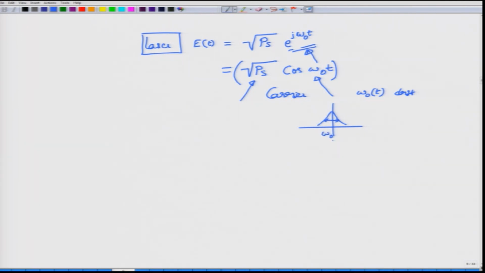In fact, there will be a small amount of skirt around this frequency omega 0, which will then cause a certain noise to appear. Noise, remember, is just another function, but that function is non-deterministic or random in nature. So, that noise would appear here as what is called the phase noise of the laser. Okay. So, in the complex representation, that would be e to the power j (omega 0 t plus theta n of t). So, you can in fact write down the overall phase psi of t of a non-ideal laser.